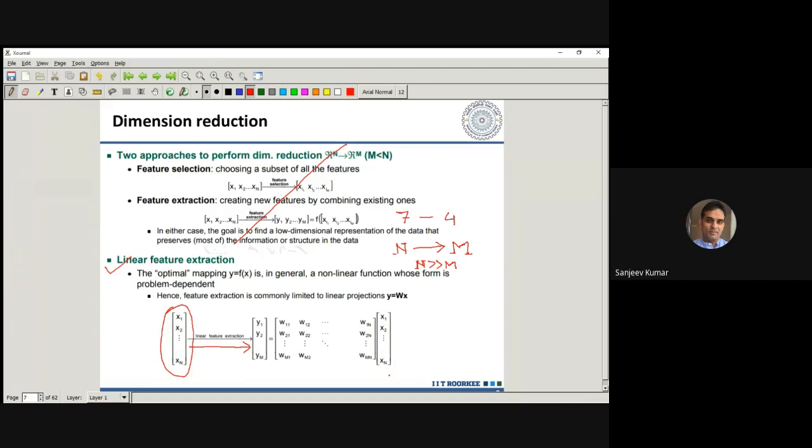So what you can do, this is your n by 1 column. How can you come? You have to find some m by n matrix. If you pre-multiply this m by n matrix to this n by 1 column, what will you get? You will get a new column, m cross 1. And now this matrix should work for all the feature vectors. It must work for all the cities.